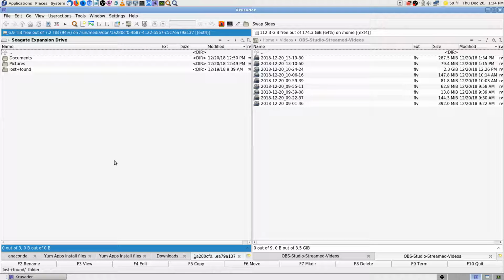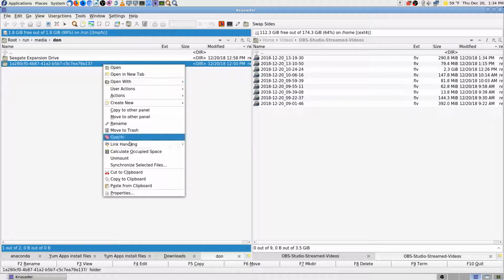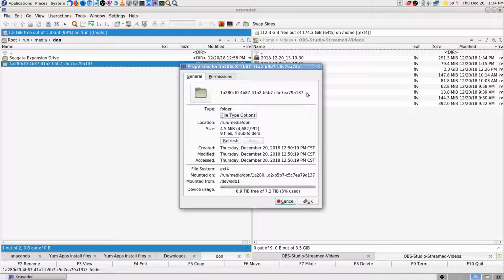All I got to do is go to it. See, I went ahead and made some folders for those files I copied. I made a documents and a pictures folder. But that won't work over there. Okay, so what I need is not just a screenshot. The screenshot's great, but